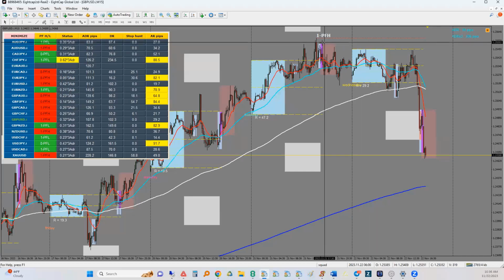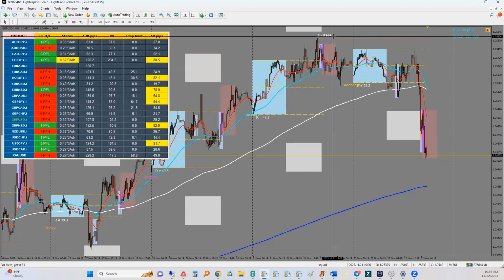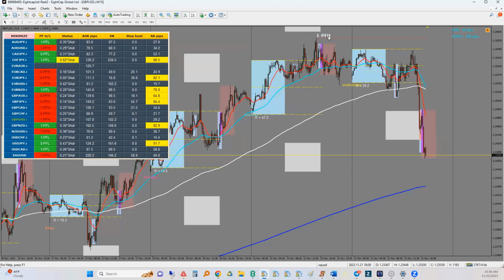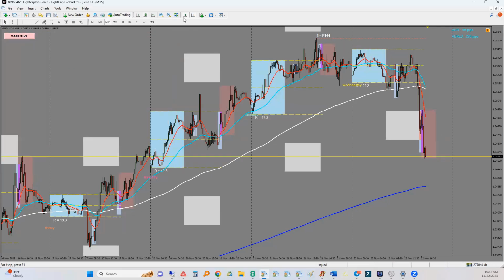You can already see pound USD. It's saying that pound USD is in PFH. Okay, so let me just minimize this right now so you can see this. The pairs I like to look for are pairs that have been going in a particular direction for a while, about 2 to 3 days in a particular direction, or even more. And then they show PFH or PFL. Okay, so for example, for this pair,